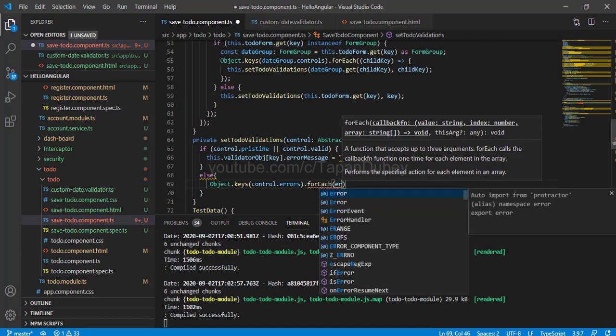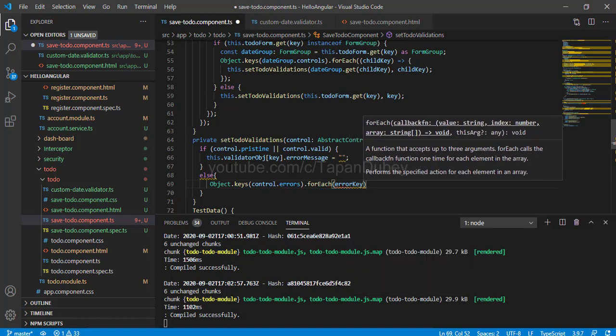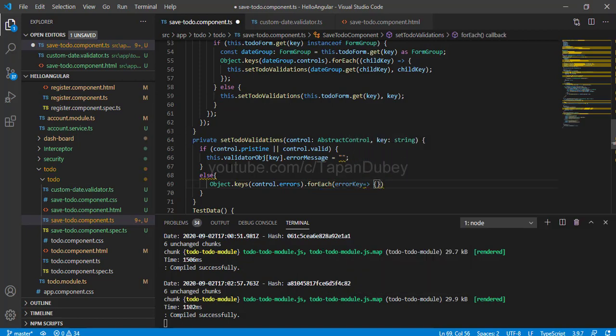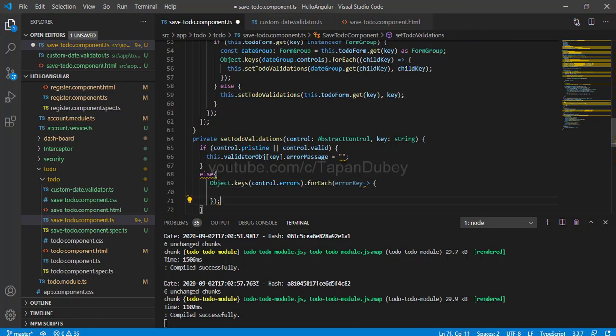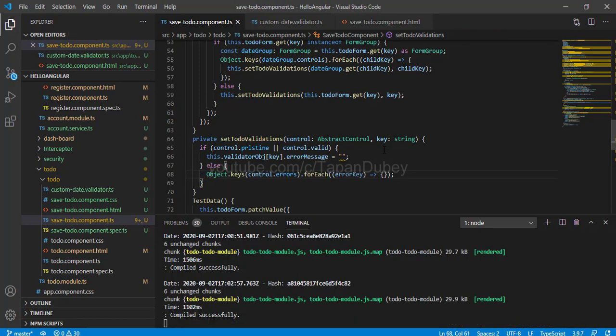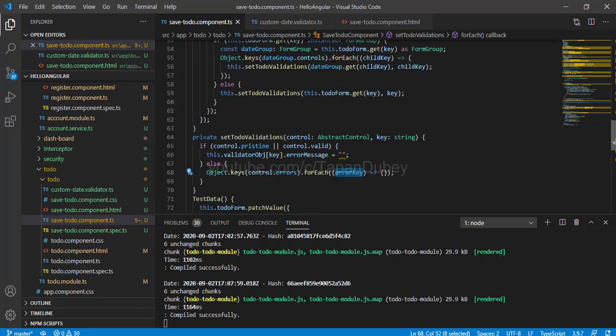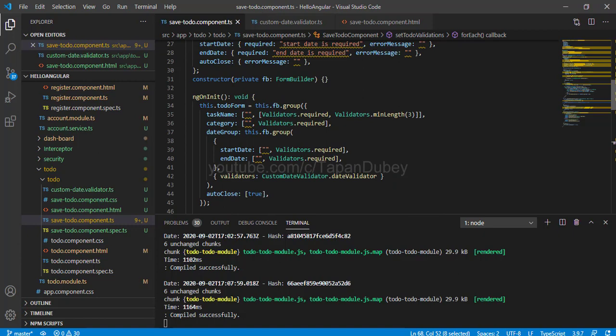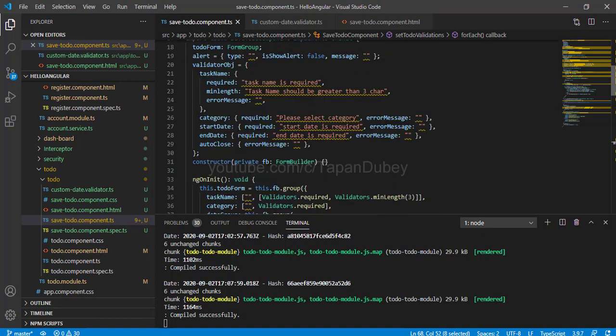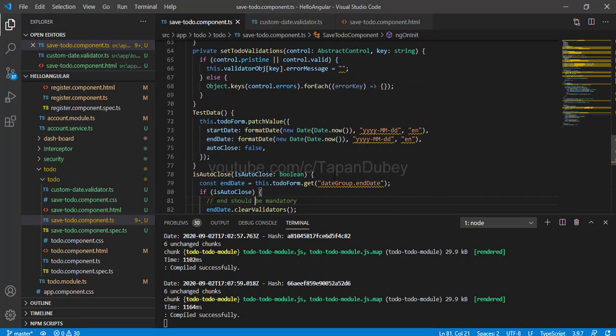and let's give the name as errorKey. So in the errorKey, what will we get? We will get required and minLength. This is what we added in our validator object. Let me show you that as well. If you see our validator object, under task name, that is a key, and under that we have required and minLength, and required for all of these, right? So let's come back,